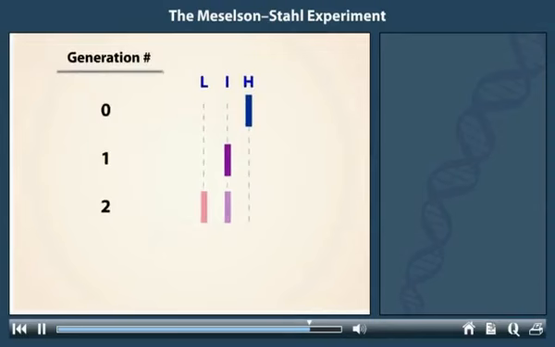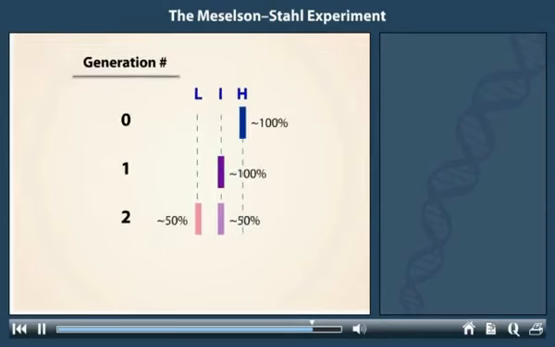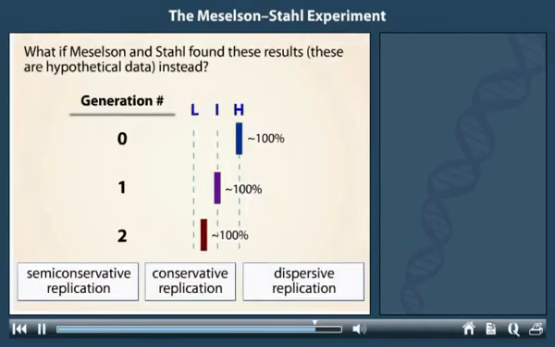Generations 0 through 2 provide enough information to determine which model of DNA replication is correct. Click on the correct model. What would these hypothetical data suggest about DNA